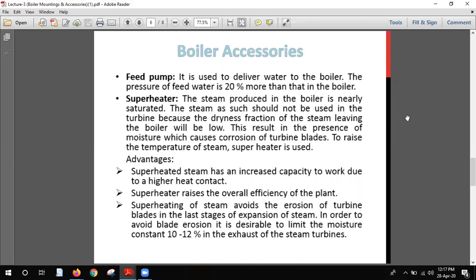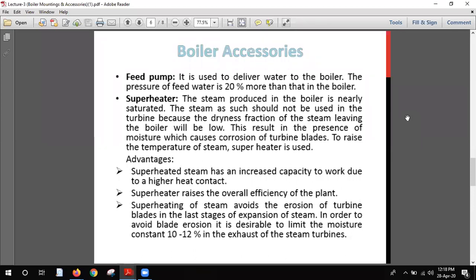Next is the superheater. The superheater is basically a chamber. We will learn more in future classes. There are three types of steam. We all know steam, but there are basically three types. One is wet steam, which is not fully steam; it also has some amount of water. Then there is dry steam, whose temperature is 100 degrees Celsius. But superheated steam is the third stage, where the temperature of the steam is much more than 100 degrees Celsius. So the superheater is basically the chamber where we give heat, and the steam becomes superheated steam.